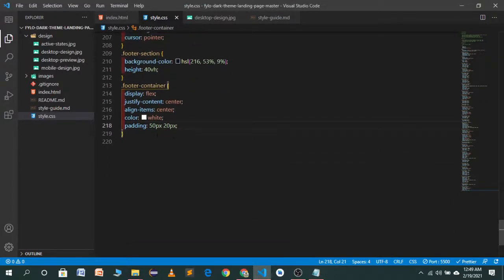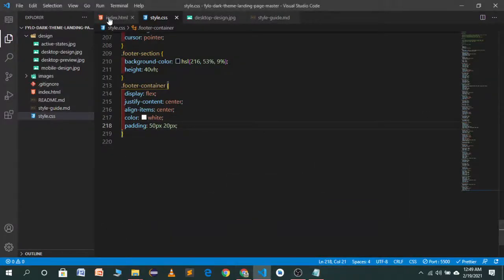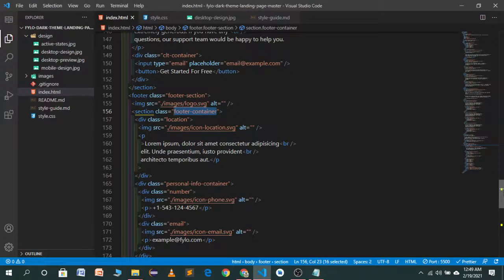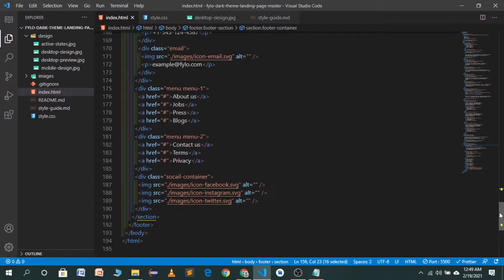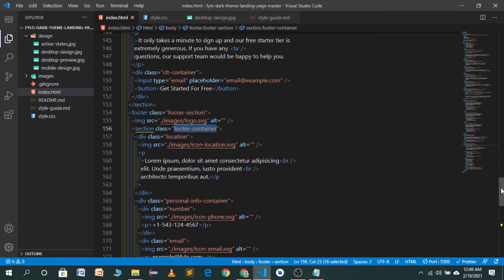So first of all, the footer container will be display flex, and now we have to go to our index.html and target our location. So copy this class name and move to our CSS file.